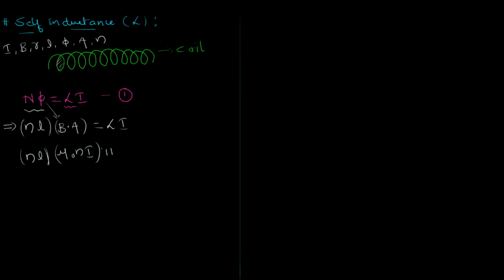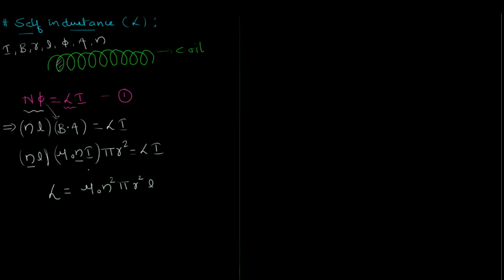So therefore area of cross section will be pi r squared is equal to, in fact, L into I. Notice both sides there is a common term I which will get cancelled, and therefore I will get the expression for self-inductance L as mu naught n into n will be n squared, so mu naught n squared pi r squared